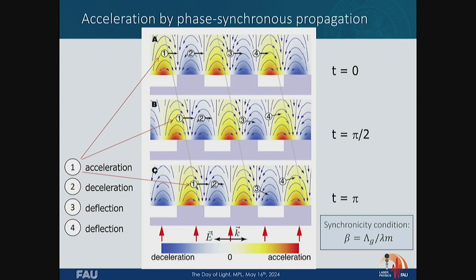It's very simple, it's just diffraction if you want, but this mode that propagates along the surface is a near field mode. So it only lives in close proximity of the grating. That's why you see here the colors decay very quickly. That's why we have to bring the electrons close. And the decay length, like for any evanescent field, is roughly given by the wavelength of the driving light. So these structures have to be small. They have to be shaped on the size of the wavelength. But that's the very principle.